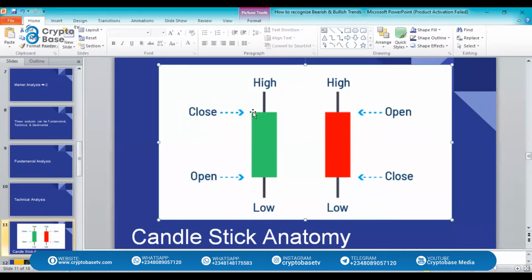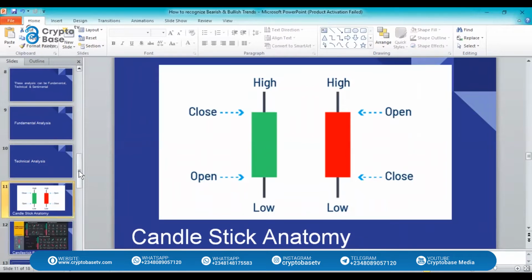If it is a red candle, it opens on top and then it closes below. That's how a red candle is also formed, guys. So I just made this image so that you guys can see and better assimilate what I'm trying to talk about. And guys, these single candles form different patterns, they print different patterns that can point to you that a trend is here. Some of these patterns include the hammerhead, bullish engulfing, bearish engulfing, and so on and so forth.